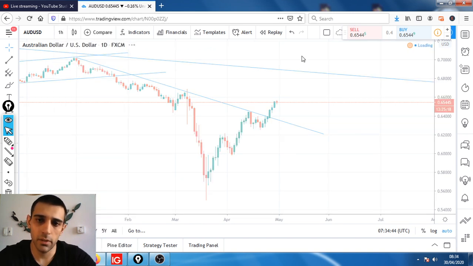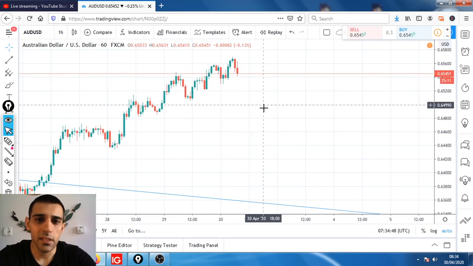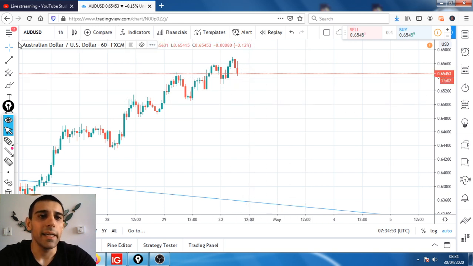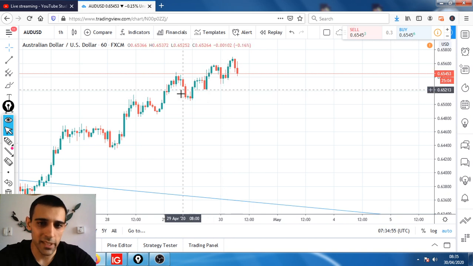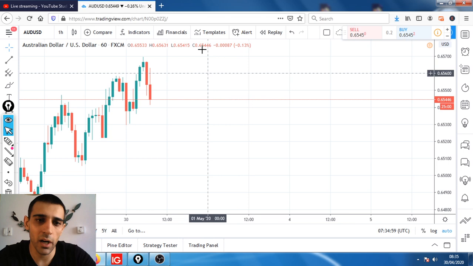Let's go back down. Yeah, it's not that bad. So 65.40 was. Yeah, this is a retracement. Still classed as a retracement. I would not say two big candles. The reason why we have this